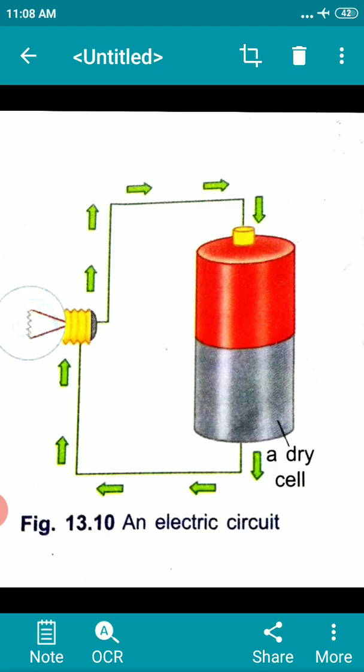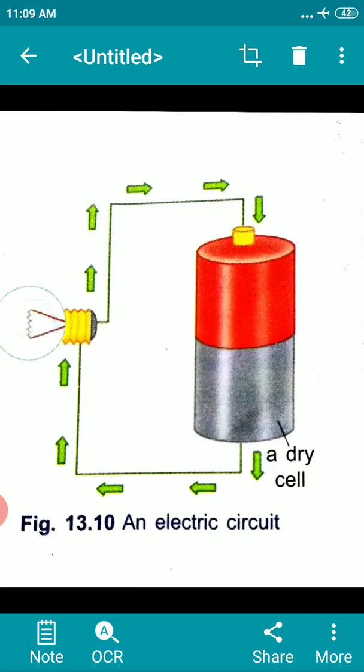Here we are going to connect all these with the help of the positive and the negative terminal. This arrangement, the electric circuit, provides a complete path between the two terminals of the electric cell. The bulb glows only when the current flows through the circuit. In an electric circuit, the direction of the current is taken to be from the positive to the negative terminal of the electric cell.